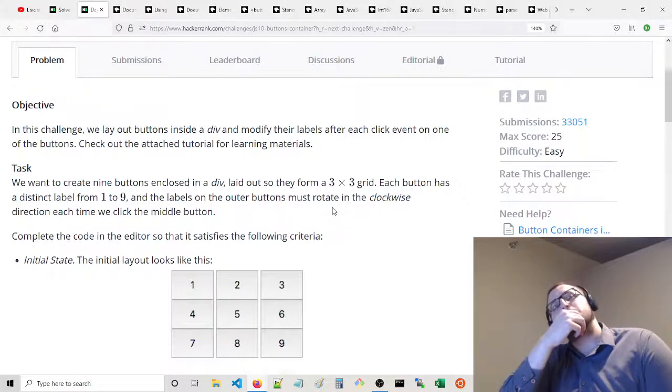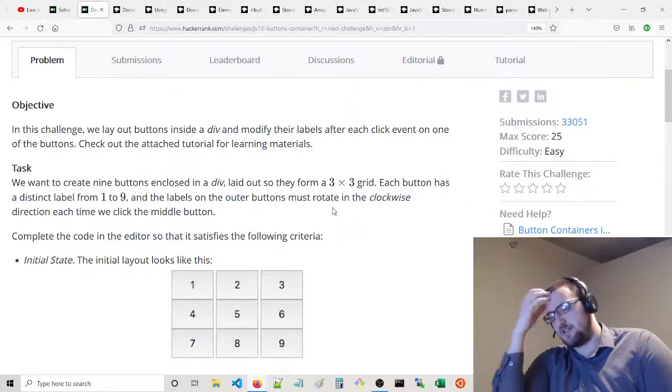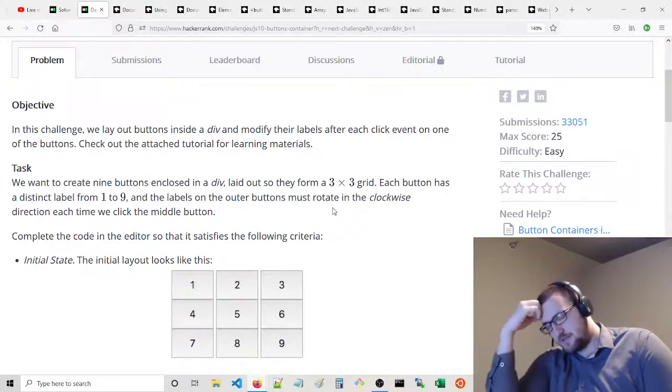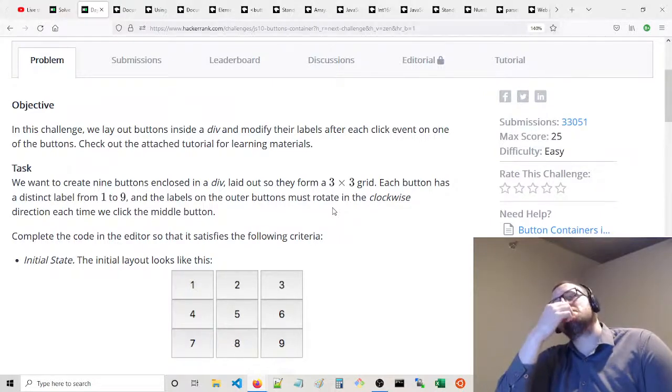And then the other issue would be how do you get the buttons to rotate? I think you can write a hash map to do that if you wanted to. Keep it simple, and basically you would know which